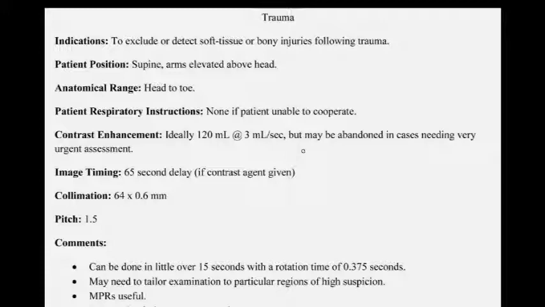The patient's going to be positioned supine, arms elevated above the head, which may not be able to be accomplished. Put a star beside this because not every trauma patient will be able to elevate their arms, especially if they've got fractures in those areas as well. So it may be difficult if they can't do it. Just try and get their arms to their side as much as you can